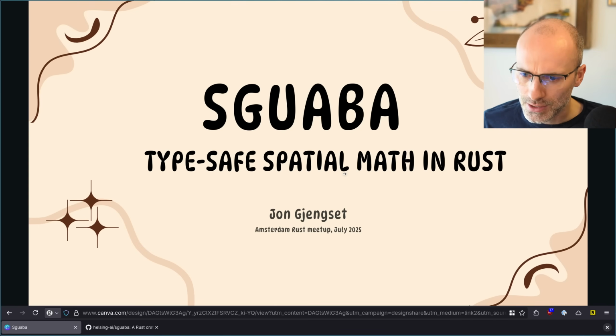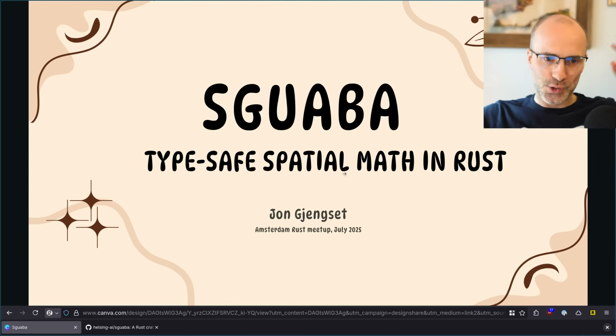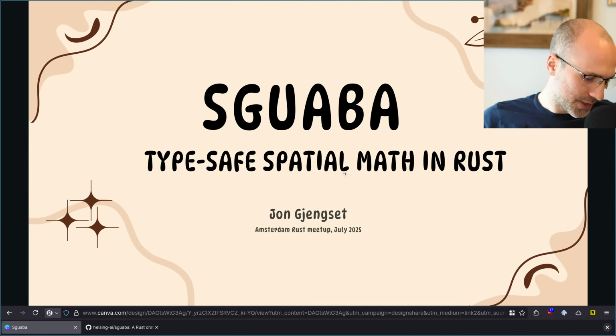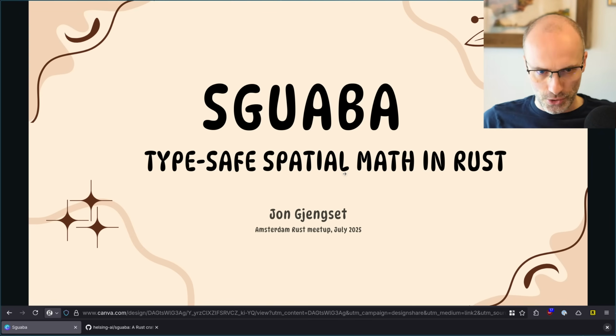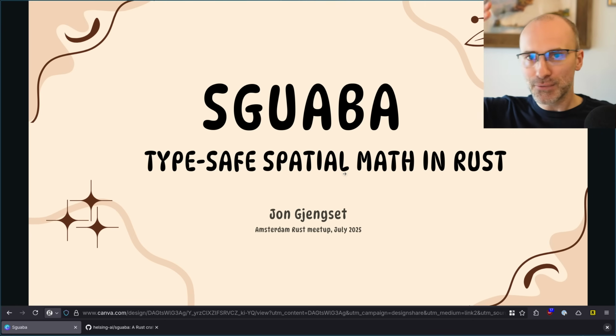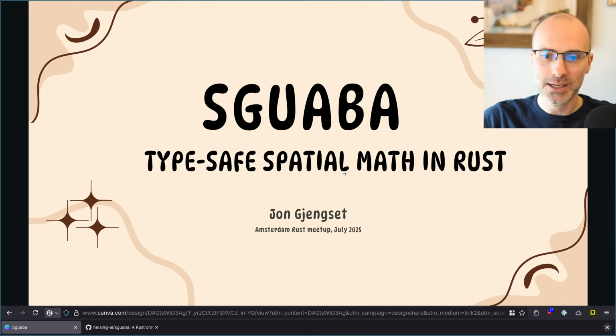Okay, great. So, sguaba. The setup for this is, at work, we have to do a bunch of spatial math. Spatial math is not a technical term, but it's math about things that are in 3D space. Think like you have a plane flying through the air and you spot something out the window of the plane and you want to describe where that thing is in relation to the plane. This is the kind of thing where you need 3D coordinates.